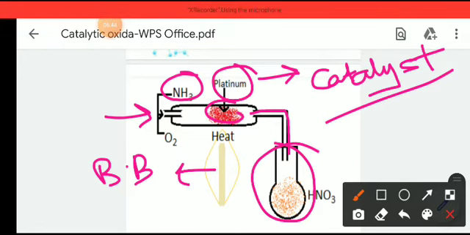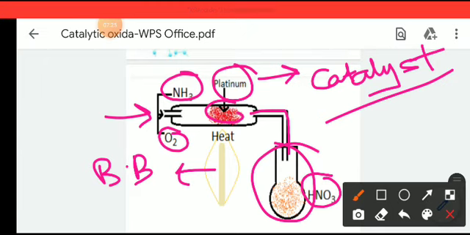So we have to initiate the ammonia and oxygen by this path, where the tube contains platinum. This platinum acts as a catalyst. When ammonia and oxygen are passing through a platinum tube, we have to heat it up using a Bunsen burner. Then in this heated medium, the oxygen and NH3 react with each other and give a product of HNO3, and this HNO3 will be poured into this